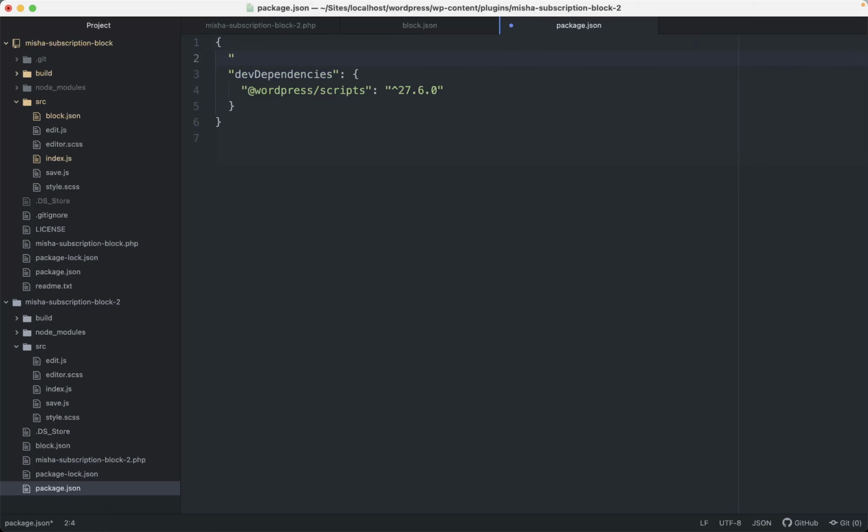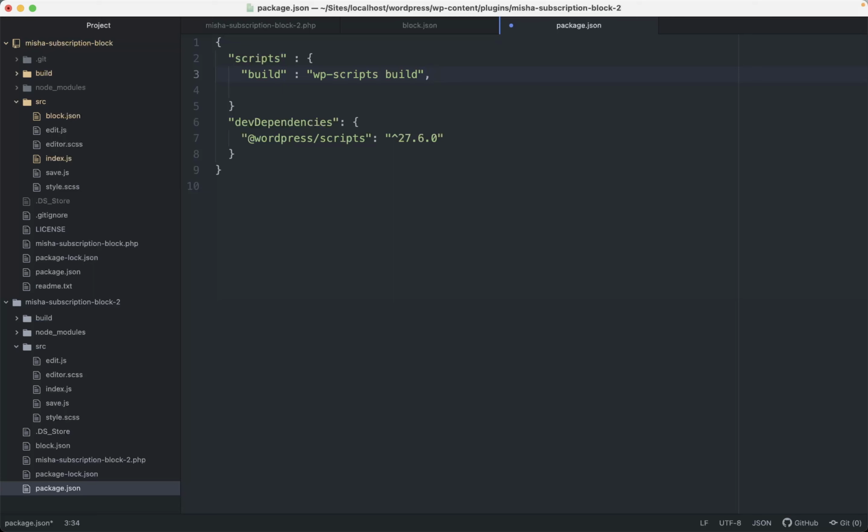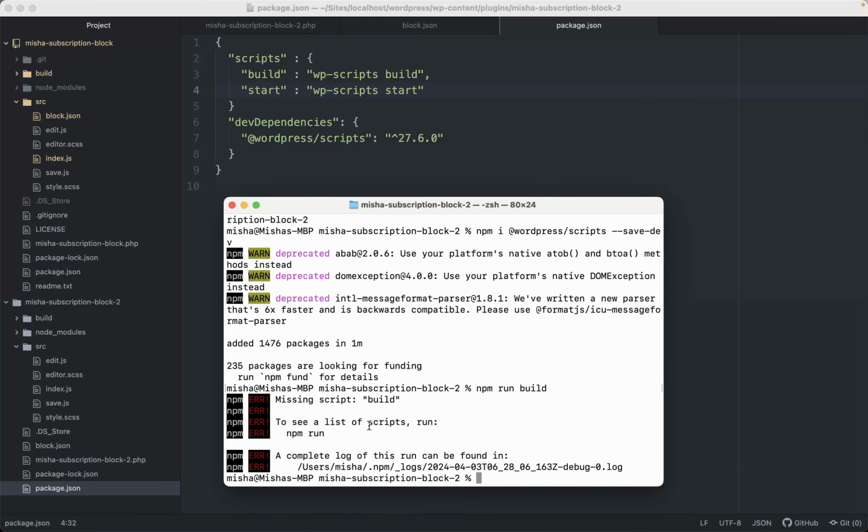And the configuration is gonna be, for example, something like this, scripts. And in our case, we need a build script, right? And it's gonna be wp-scripts build. And if we are about to use a start one, we need to use it like this, npm run start, wp-scripts start. All right, on that, save. And then if we go back here and try to run it one more time, npm run build,